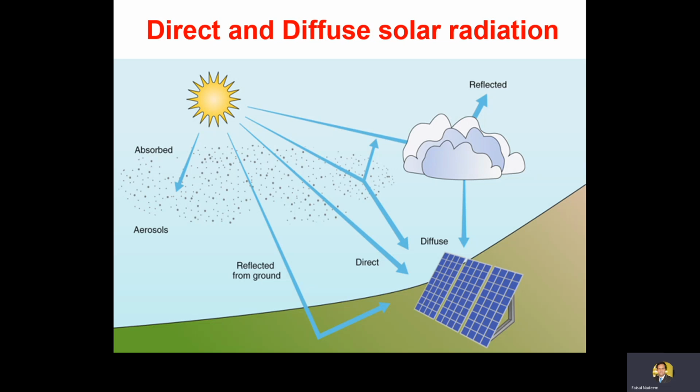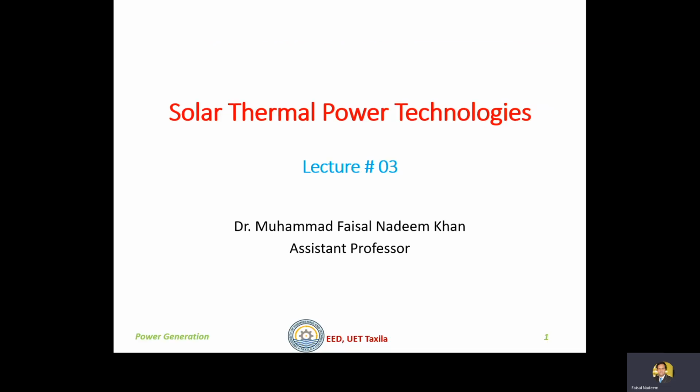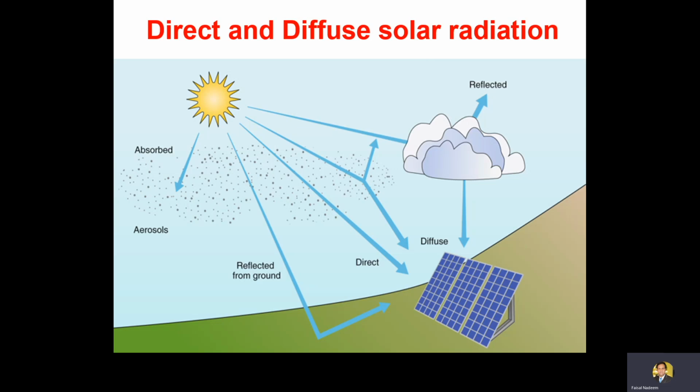Before going into the lecture in large detail and the different solar technologies, we must know two things. One is the difference between direct, diffuse and reflected radiations of the sun, and the other is which areas are suitable or have better direct radiations, and which areas have diffuse or reflected radiations, around the globe and generally in our country.